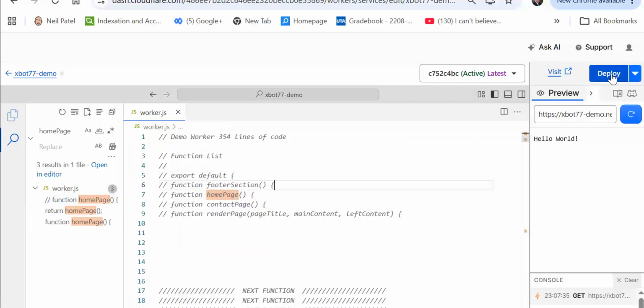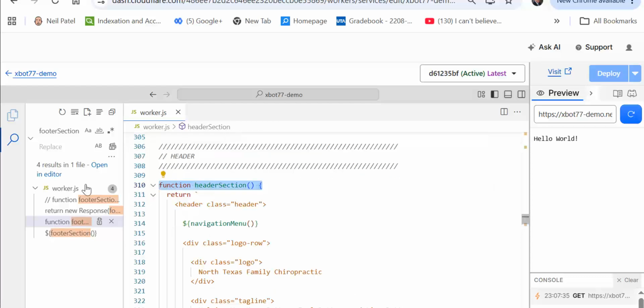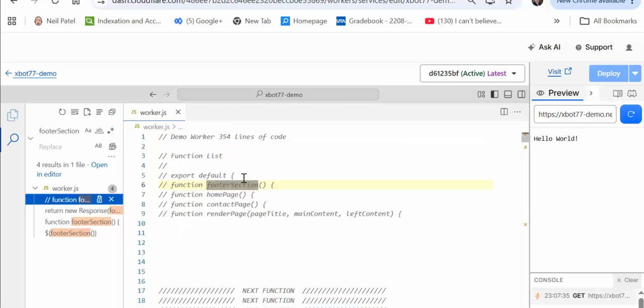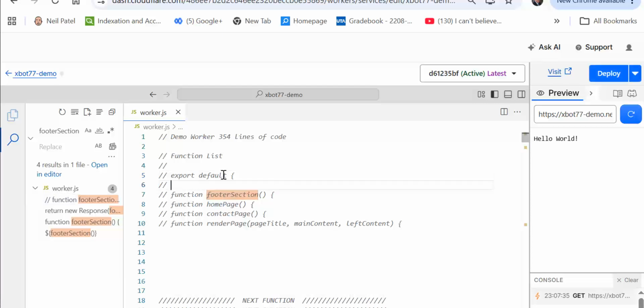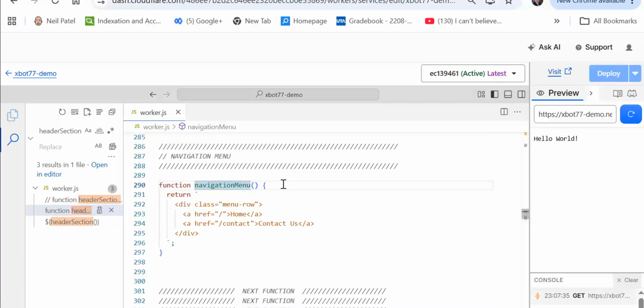Okay, so I just clicked deploy, but I'm going to go ahead and click footer section. I'm going to come back up here. Now we're going to go to the footer section. I'm going to go to the header section. I'm going to copy that function, come back up here to the function list, add it in, and then click deploy. Go to the header section, copy, paste in, come to the header section, go to the navigation menu, copy, go to deploy,